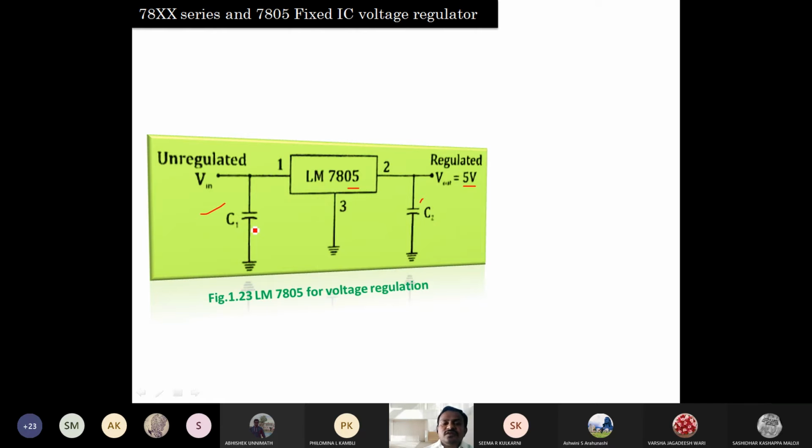To remove the ripples, we are going to use a capacitor, isn't it? Because in the full wave and half wave rectifier with capacitor, we use it to reduce the ripple. Ripple is nothing but a signal having both AC and DC. We needed to reduce the AC; we don't want AC, we want DC. So if we need DC, obviously we need to use a capacitor, because we know the behavior of the capacitor with AC and with DC. Okay, how is the AC treated by this capacitor?